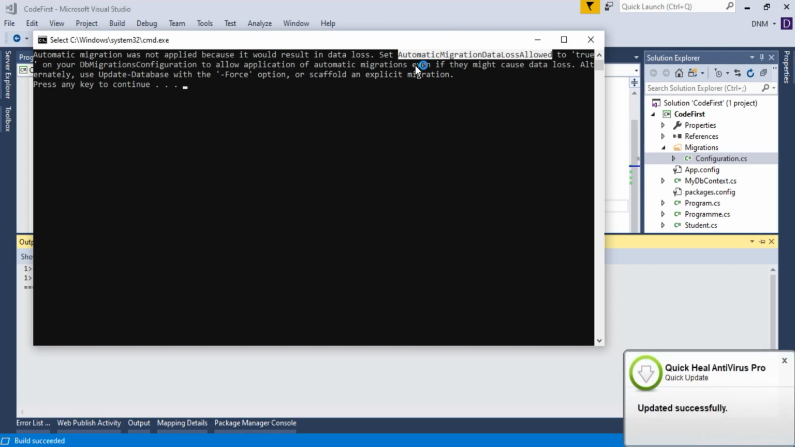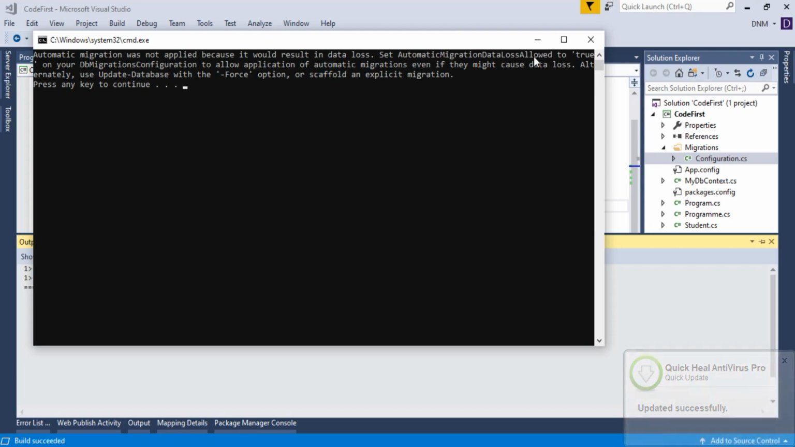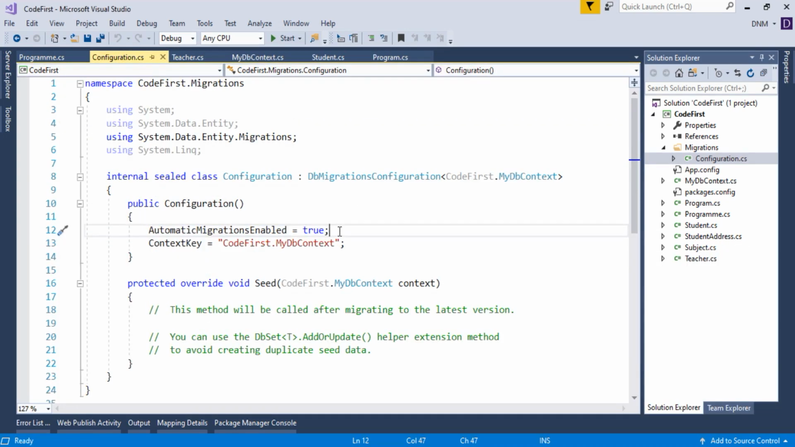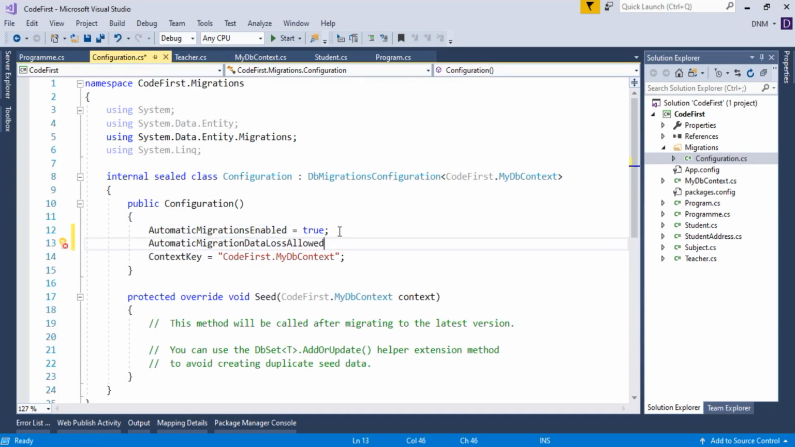To allow those changes, I have to set this property to true: AutomaticMigrationDataLossAllowed to true in my configuration class. So let me copy it. So go to the configuration class and set this property to true. Okay, that's it. So when you set this property to true, whatever changes you make in an existing model